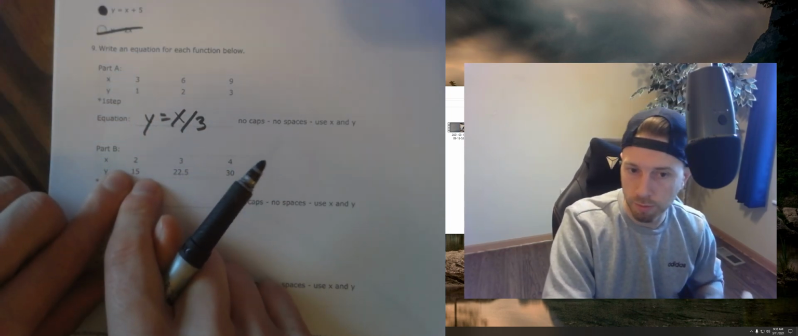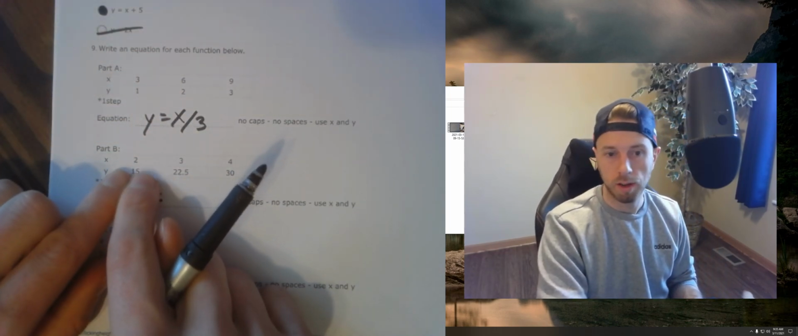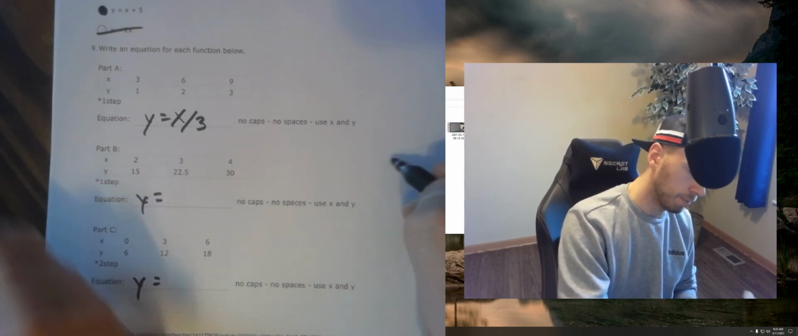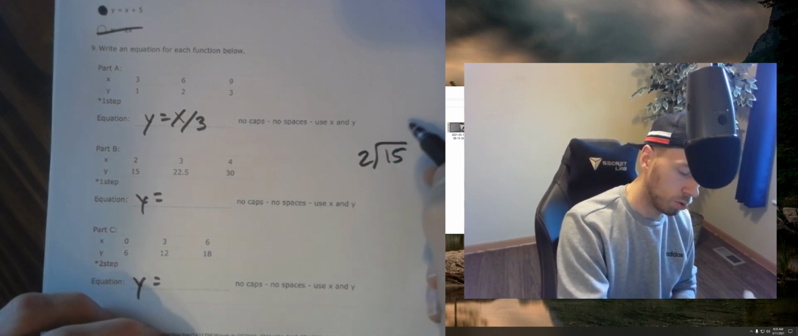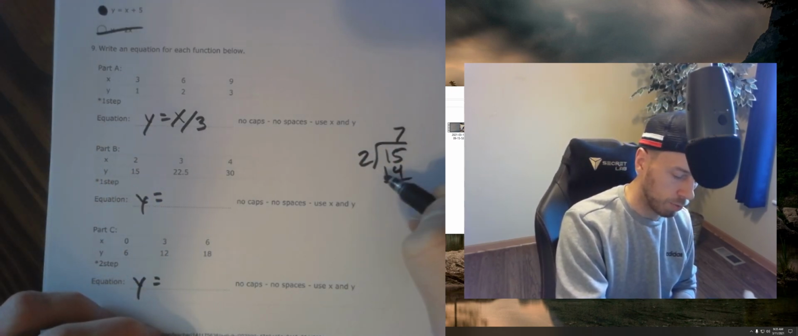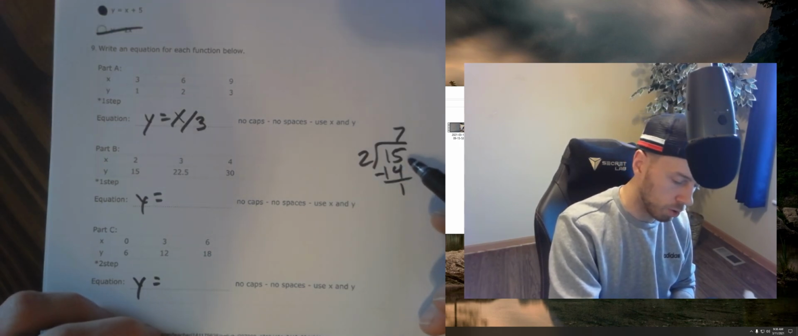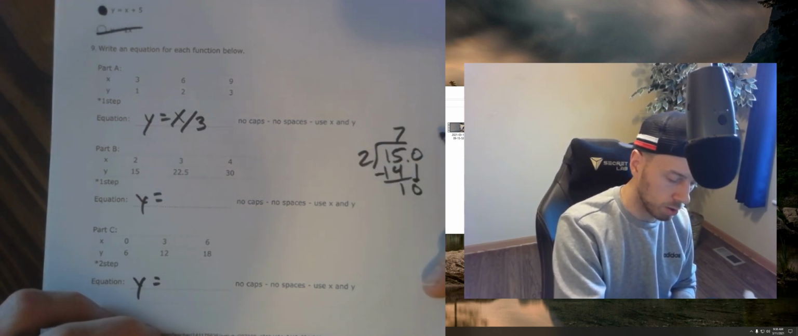We can actually do some quick division to find out here. 15 divided by 2, if you do that real quick off to the side. 2 goes into 15 7 times, which is 14. Gives me 1 left over. I can do a little decimal action here, and 2 goes into 10